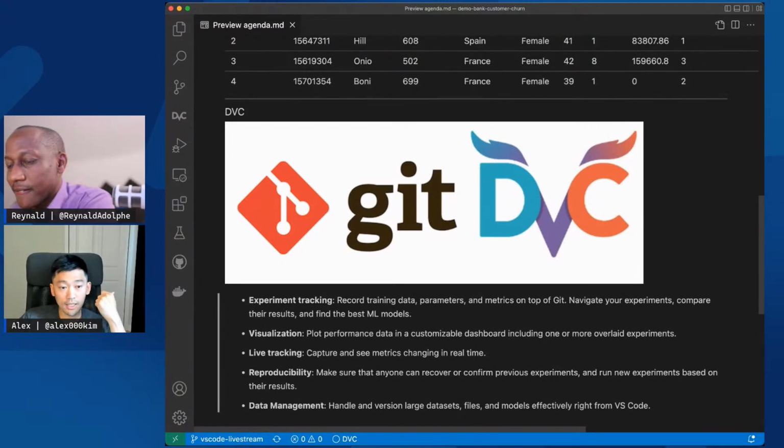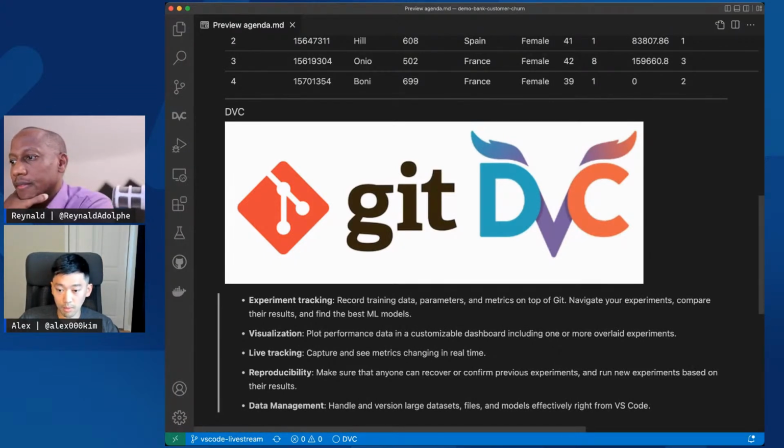Alex, you can think of DVC as Git for data, because DVC is open source, just like Git, and it's also a command line tool, just like Git. But it's also a lot more than just a data versioning tool. It has experiment tracking functionalities, which, as I mentioned, is important because data science workflow is highly iterative. It requires a lot of trial and error to get to the best performing model. You also need visualization capabilities so that you can create plots and get insight into how your model is performing.